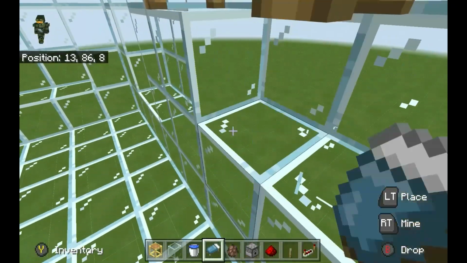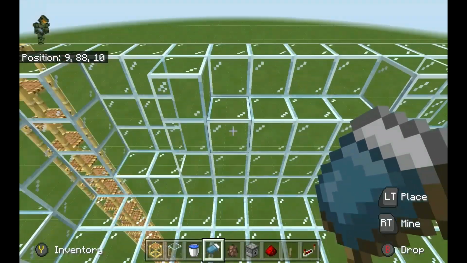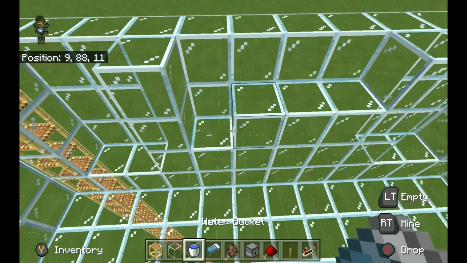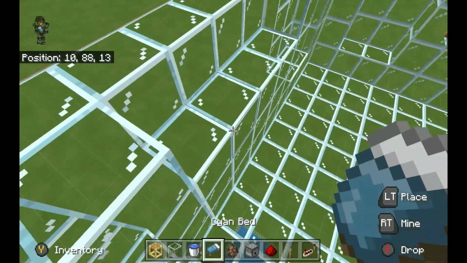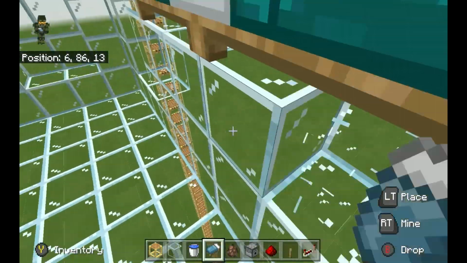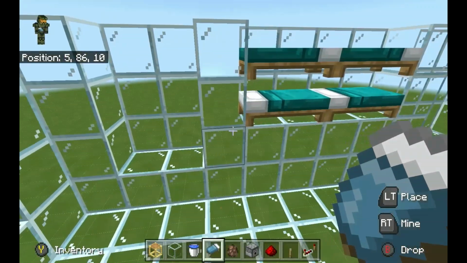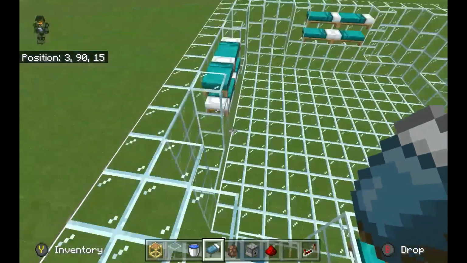And between what I show you in my testing world and in this design, I've altered the water streams a little bit. So it's going to look slightly different than my testing world. However, this is the preferred method to build it. Okay, now that we have our beds like that all the way around,